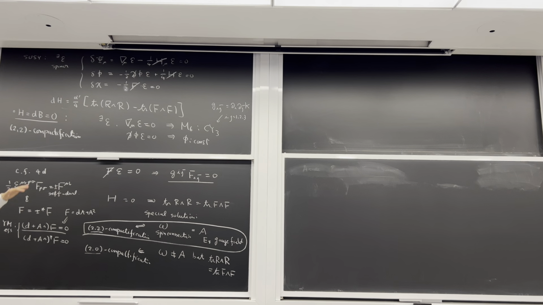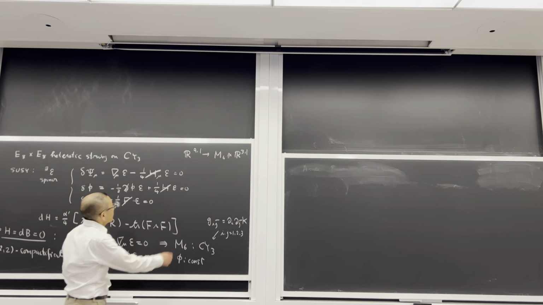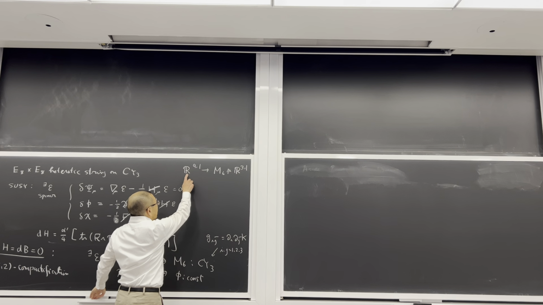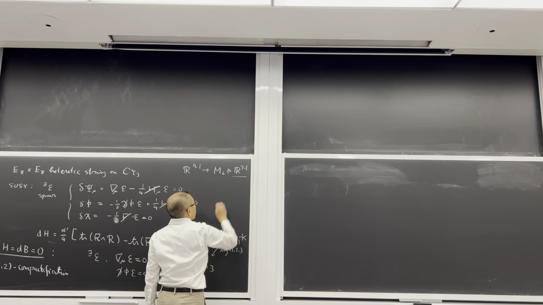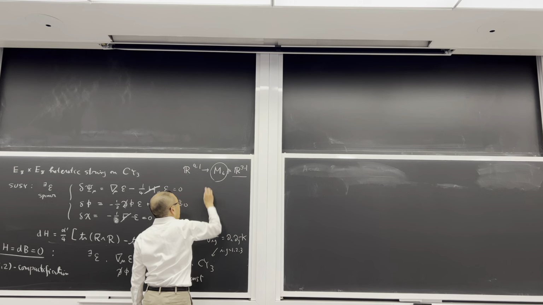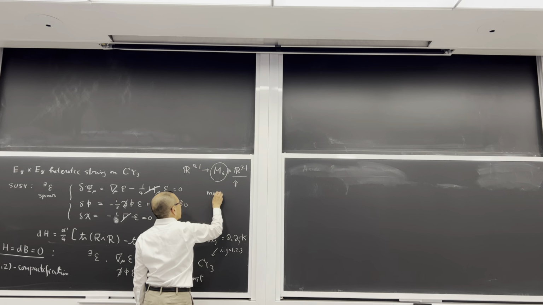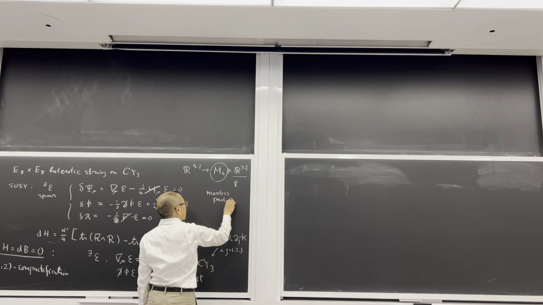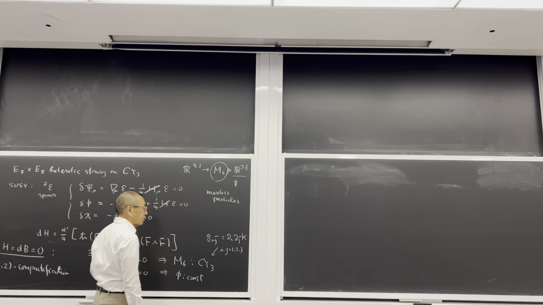Okay, so now we're going to consider this, and then the 9+1 dimensional space-time is compactified to 4-dimensional space-time with an internal Calabi-Yau. So then you can ask: what are the massless particles? What is the content of massless particles in 4 dimensions? So this is what I would like to analyze now.